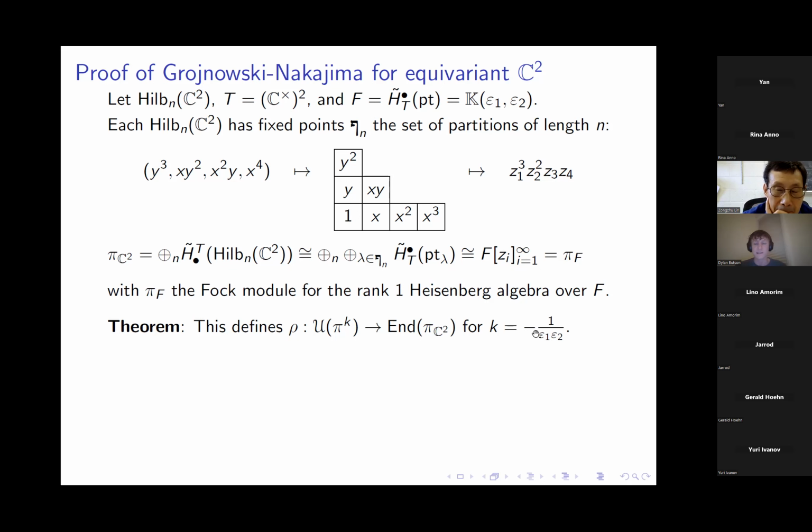In particular, you can see that if you try to turn off the equivariant parameters, setting epsilon 1 and epsilon 2 to 0, then the non-compactness causes a divergence. You're getting an infinity. That's a clue that you really needed to do this localization. So this is typically a four-dimensional phenomenon. When you go to 3 Calabi-Yau, you will not have this problem. Because this factor appears in this